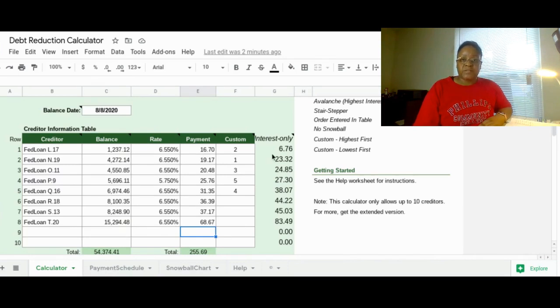And so you'll see for this particular one, the interest is only $6.76. My payment is $16.70. So I actually pay enough to pay the interest for the month and also put some to principal, which is roughly like $9 and some change, right? So now let's move down and look at N19. That's not the case. Here, the interest for the month would be $23.32, and I am making a payment of